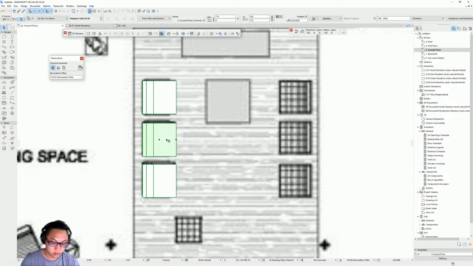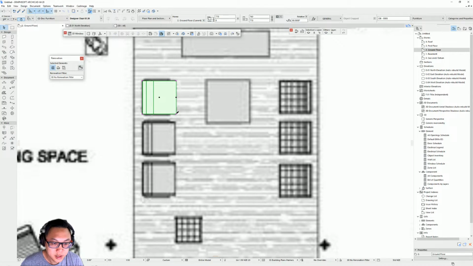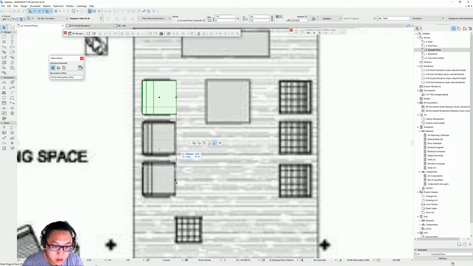So you first gonna delete those ones, and you take this, and here you get the multiply tool. This allows you to create multiple copies of an object, and you have different ways of doing it. And this one, distribute, allows to, as you can see, create. You can type two objects. So we create two objects here,